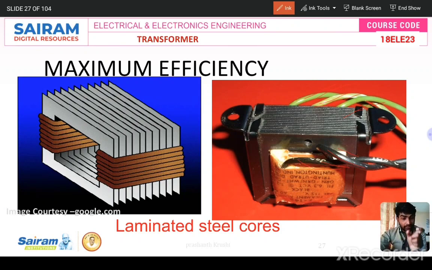The winding is placed in the central limb. Already we discussed in the third video, types of transformer: shell-type transformer and then core-type transformer. Winding is placed in the central limb and the flux is divided by 2. Right? This is a normal transformer for low voltage application. Core-type transformer is for high voltage application. I am just giving this as information.